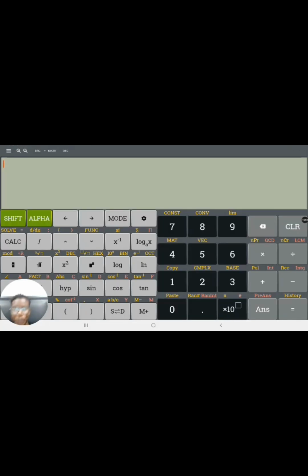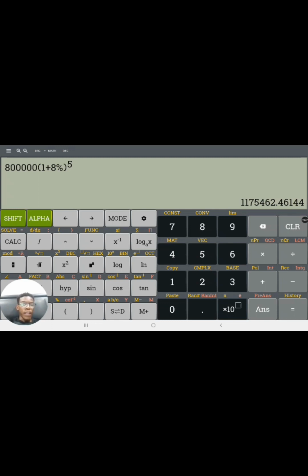Let's do that. So we've got 800,000, open bracket 1 plus 8%. You can say 8 over 100 or you can say 8%, doesn't really matter. Okay, to the power of 5. So let's do this. To the power of 5, because that's 5 years, and equal to. Okay, so in 5 years' time, the tractor will be worth